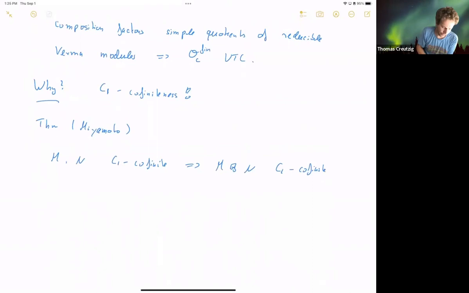this is good, but if you remember, for the tensor category, we need two things. We need that for any two modules M and N in the category and an intertwining operator of type M, N to R, R must be in the category as well. So we need closure, and this is what Miyamoto is guaranteeing. And we need associativity. And luckily, this is what C1 cofiniteness is guaranteeing, because it's guaranteeing that the correlation functions are solutions to differential equations with regular singularity.